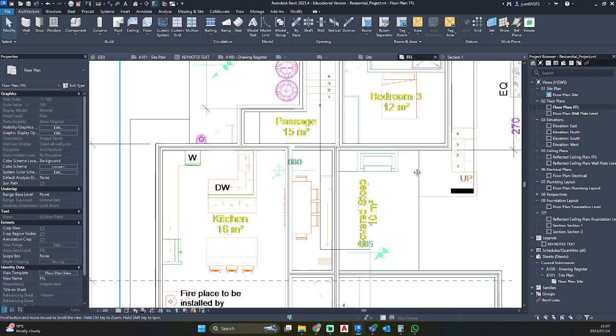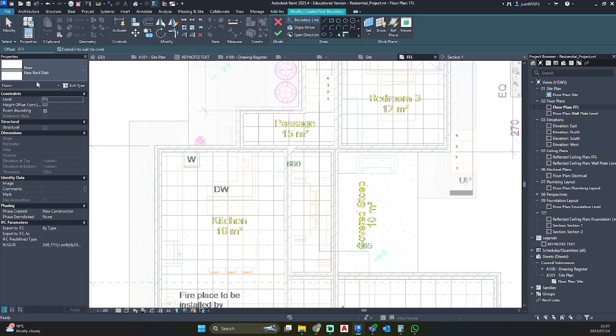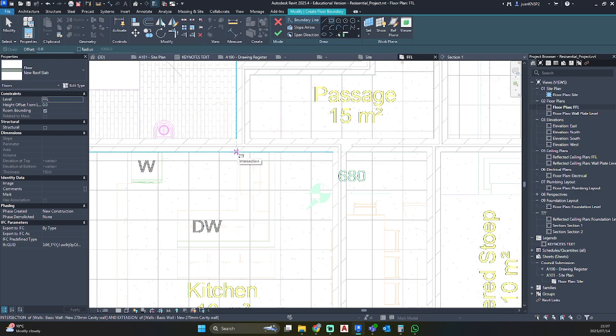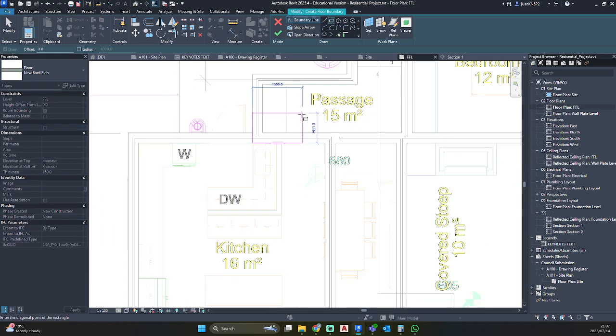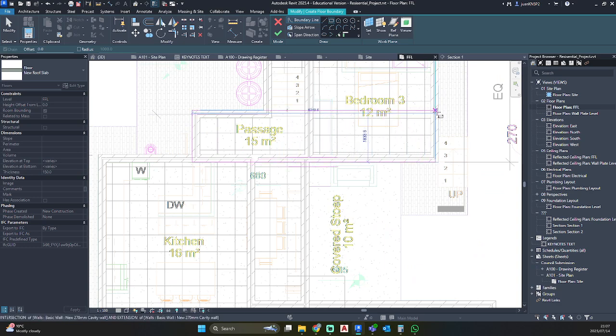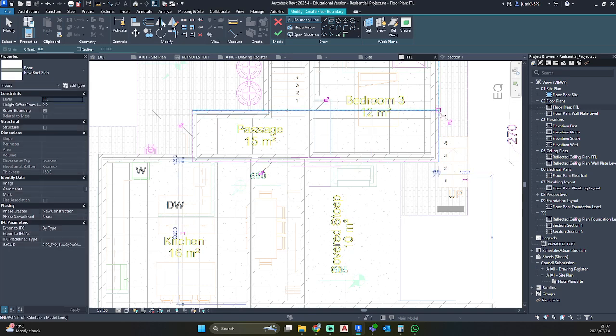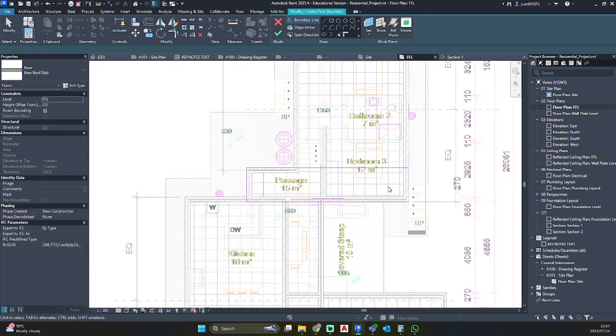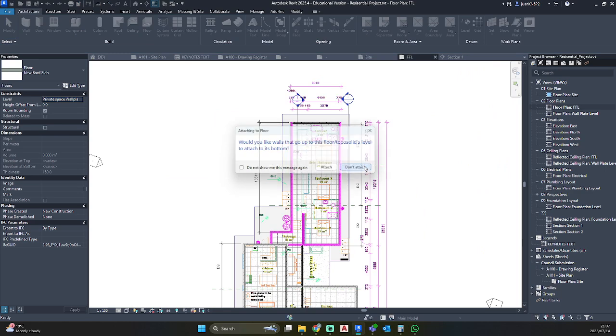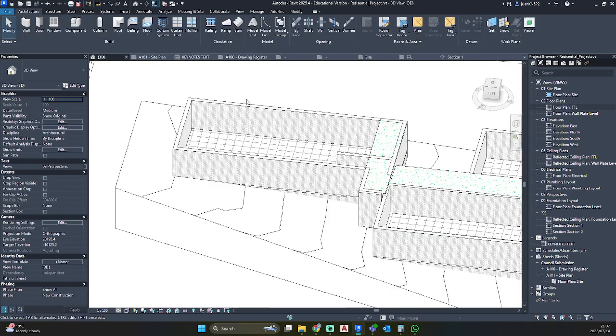If we go to our floor plan, floor, you'll see we are still on the new roof slab. Going to select the rectangle tool. So this will need to align with the inside as the floor slab needs to rest upon this wall. And we're going to drag it there. I'm going to make sure that I set it to the private space wall plate and hit OK, do not attach. Let's go into 3D.